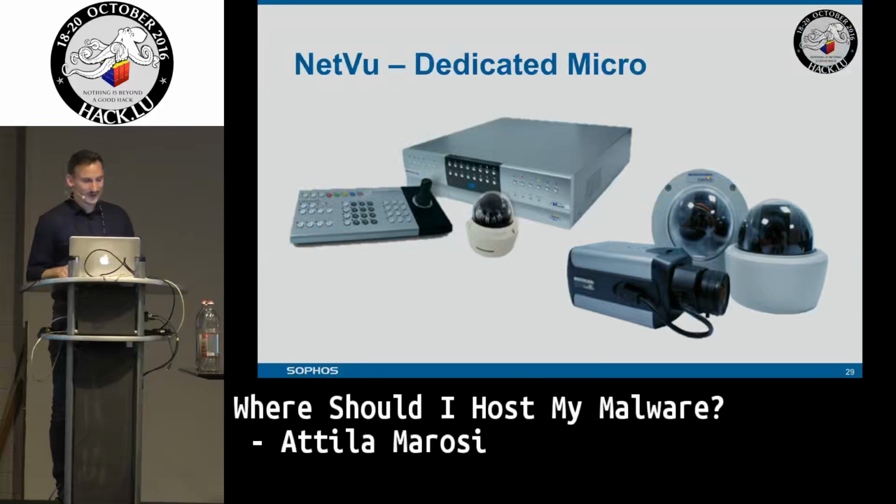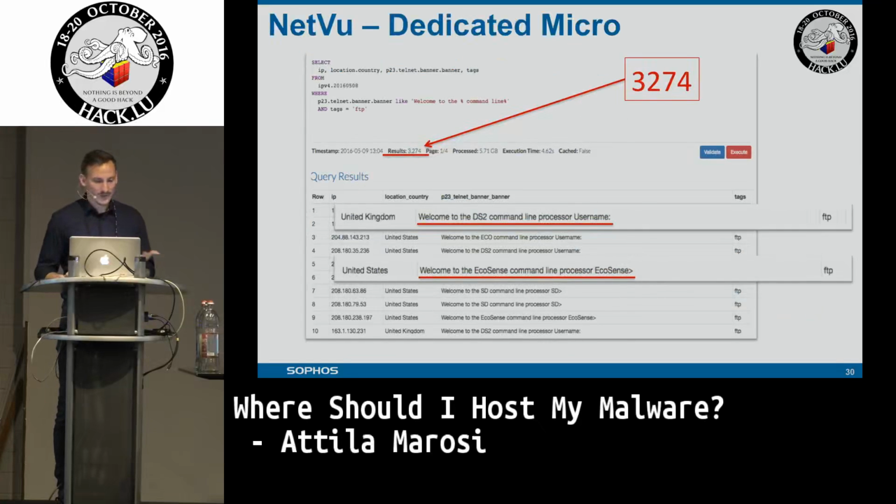So my favorites, there were some NASes which I have already shown you, and there are some professional devices which are a little bit scary, I think. One of them, the network stuff, is CCTV. You can monitor big buildings or things with these professional devices. If you use Censys and you know how to search, you can find a couple of them, and it's a tricky